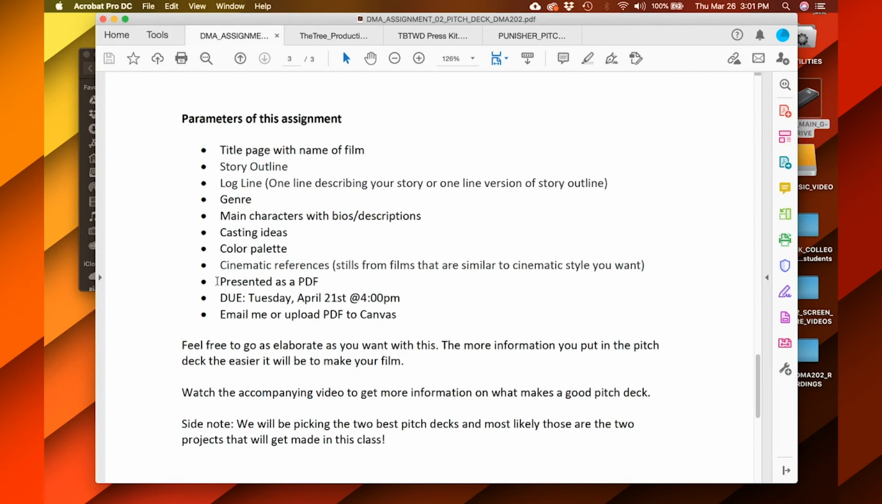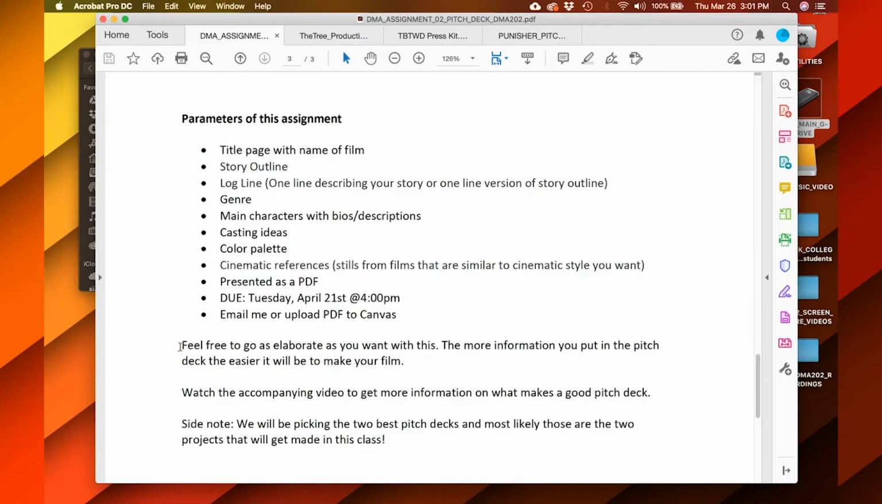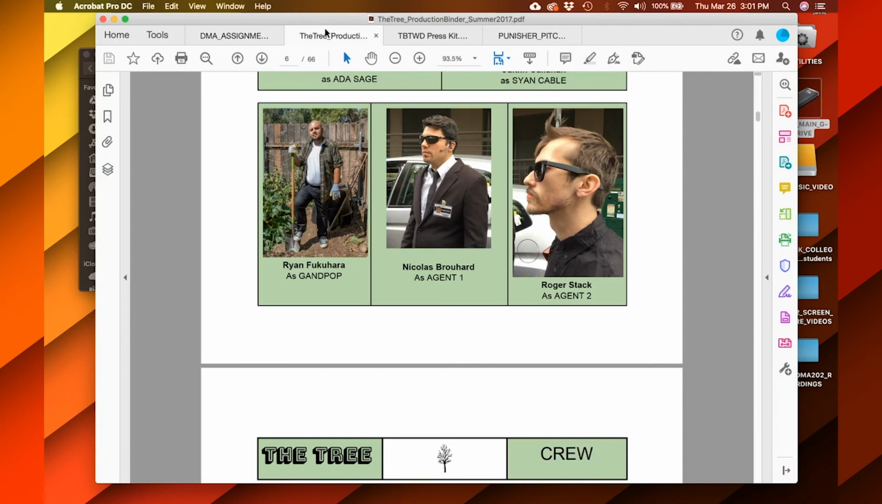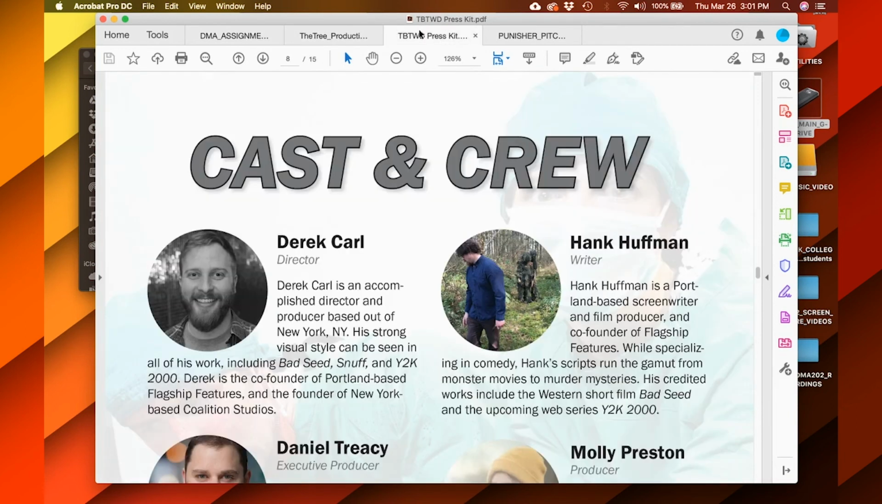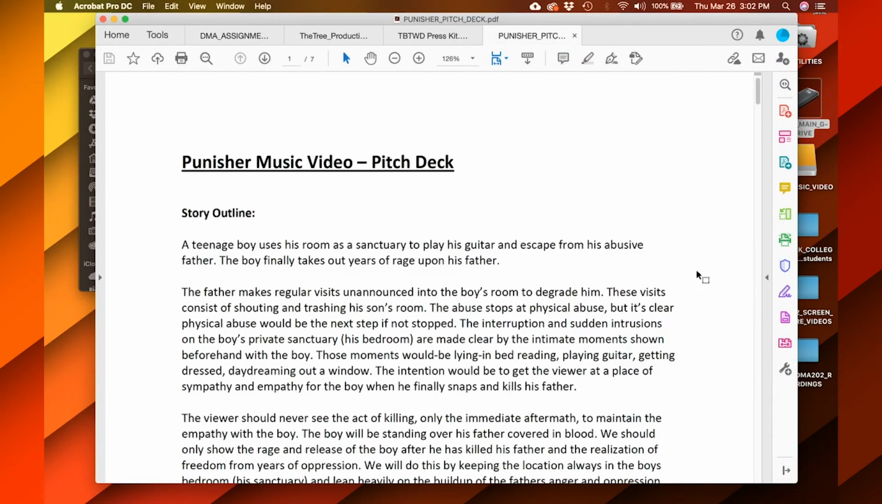This is due Tuesday, April 21st. You can go as elaborate as you want. The ones I showed, this tree one, that's pretty good. Real good, actually. Solid. This is above and beyond because they had $100,000 behind this film. Mine, as you can see, for a music video, is pretty simple. So you can keep it simple. I recommend going elaborate,